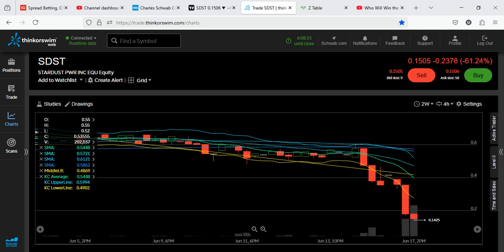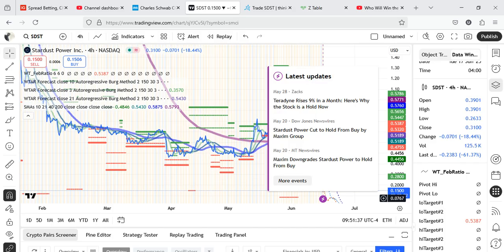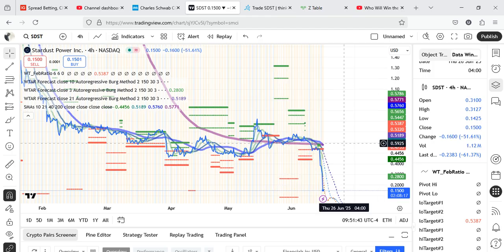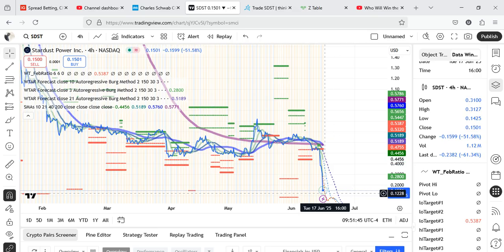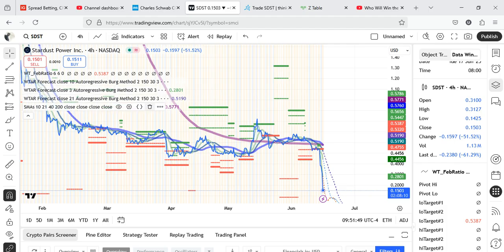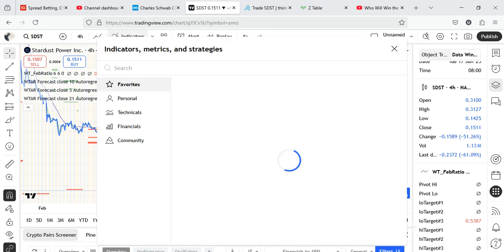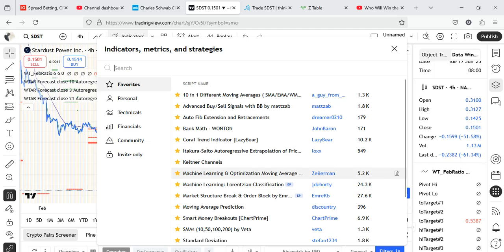SDST is down 61.24% in the regular session of today, the 17th of June 2025. Let's see whether any news has popped up. No news, but we saw somewhere that it's raising more funds or something like that. So we can see lower prices are being extrapolated. We can apply the 10 period moving average, the price pressure momentum indicator, and get a feel of